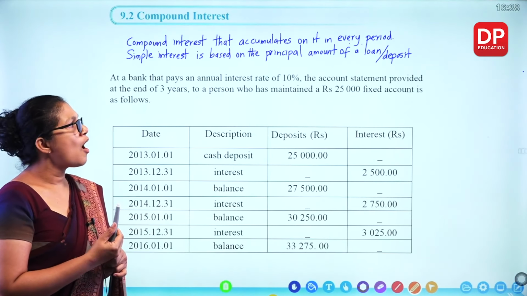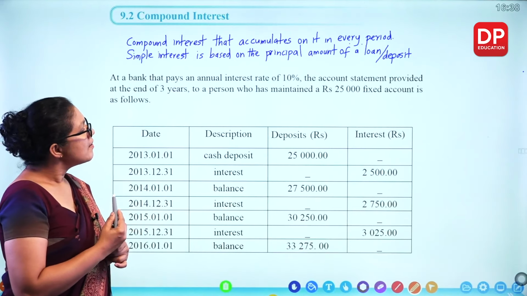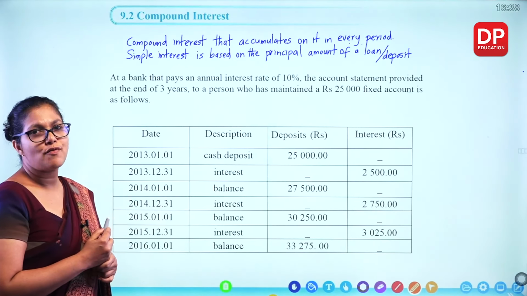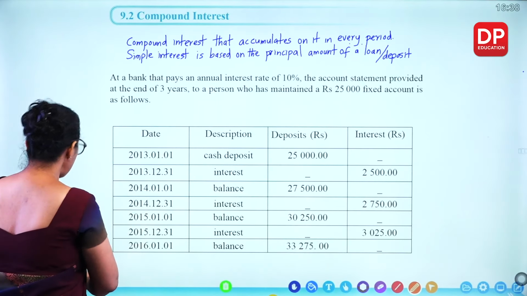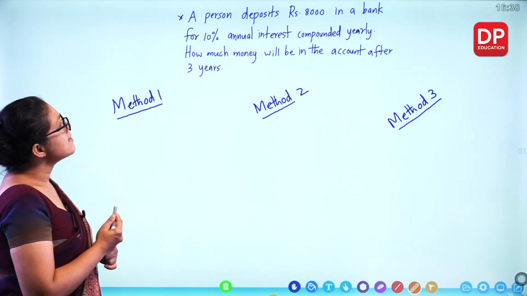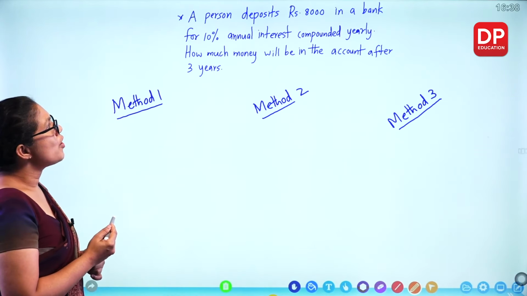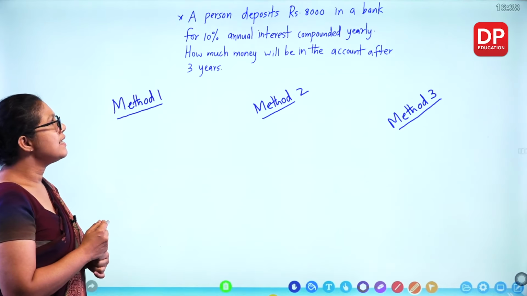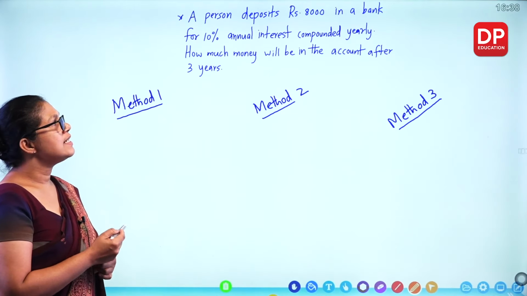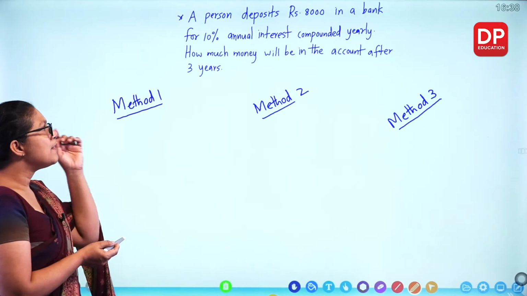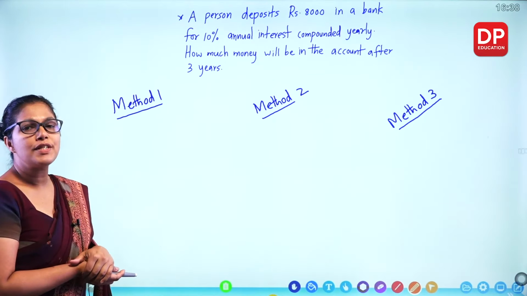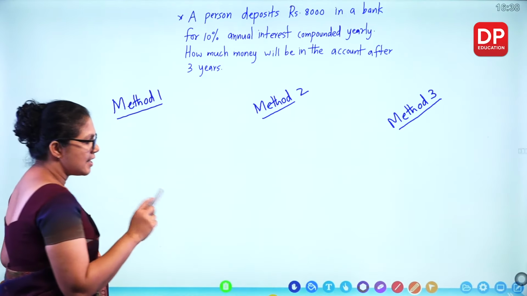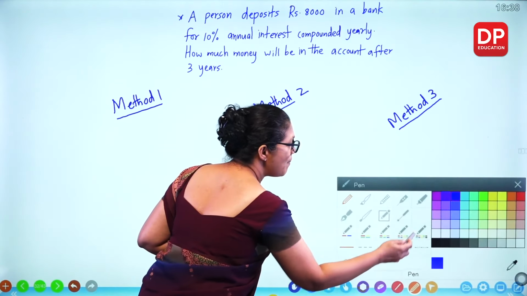Now we'll look at how we can find the interest using the compound interest formula. Take this example. A person deposits 8,000 rupees in a bank at 10% annual interest compounded yearly. How much money will be in the account after 3 years? I'll do the same question in 3 methods. So if you are calculating step by step,